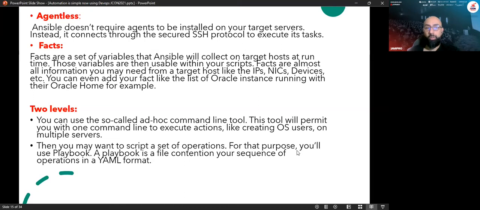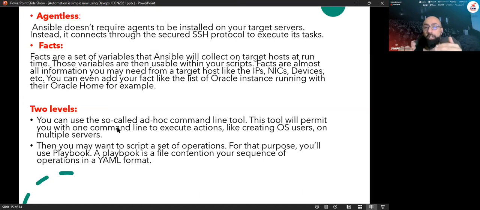In case you write a playbook, you're going to use something called variables, in case you need to make your code or YAML file more dynamic. You're going to use roles as well, which allow Ansible to understand what it's going to do, based on the name, as you see in roles.